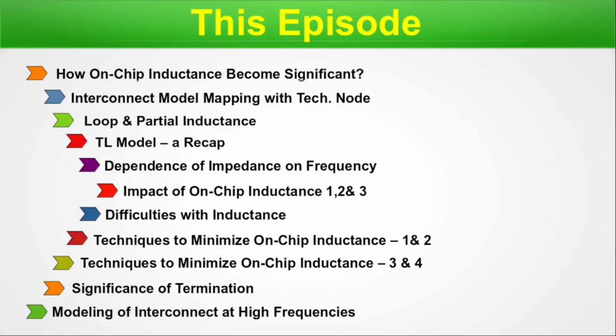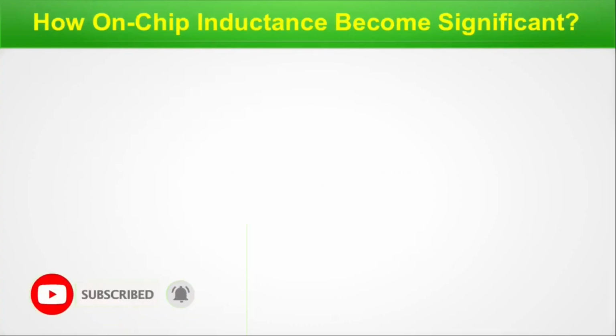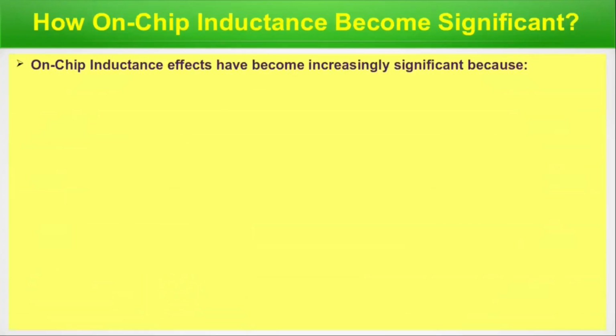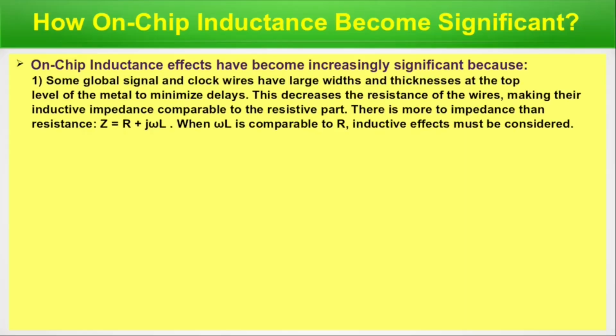Now let's move to the first slide, how on-chip inductance becomes significant. On-chip inductance effects have become increasingly significant because some global signal and clock wires have large widths and thicknesses at the top level of metal to minimize delays. To minimize the delay, some top level metal layers like global signal and clock wires have their widths and thicknesses kept wide. They have larger widths and thicknesses, so these decrease the resistance of the wires, making their inductive impedance comparable